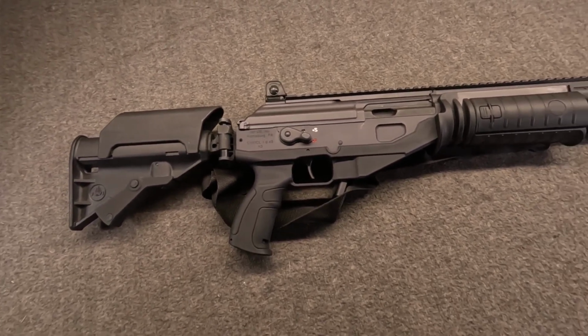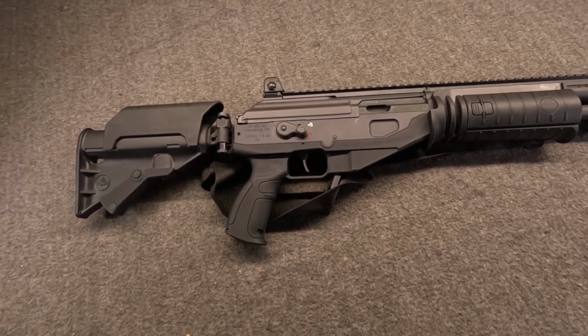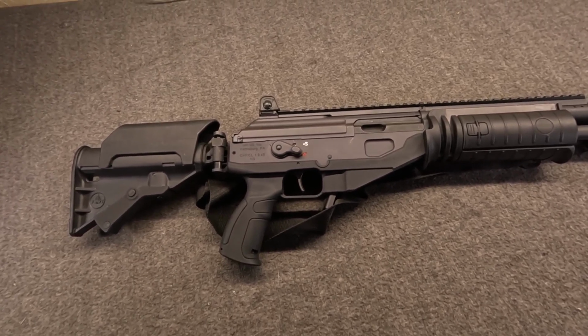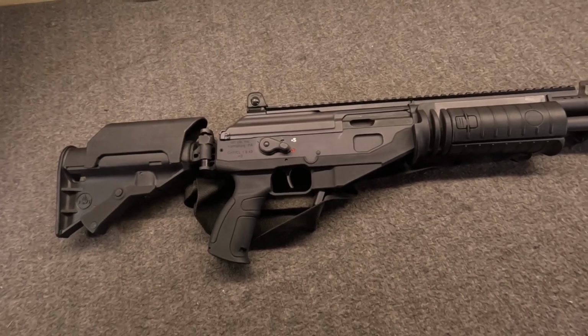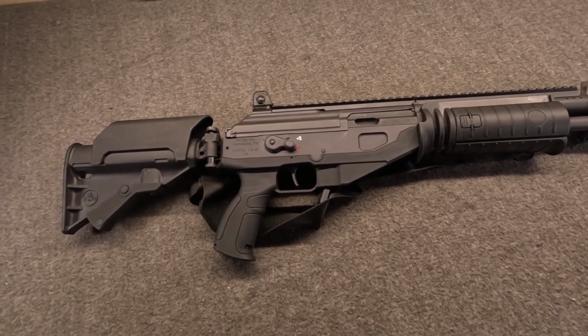On the other hand, I do like my Gen 1 5.56 Rock and Lock, and it would be the one I would keep for sure, the short little pistol, if I only could keep one. But they're very different guns, and the issue with the Rock and Lock version, while it is technically a Gen 1, it has the newer style lightning cuts on the carrier and receiver. I know this is small stuff, but hey,